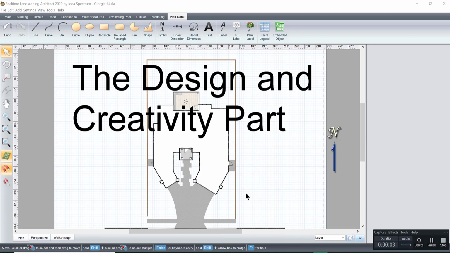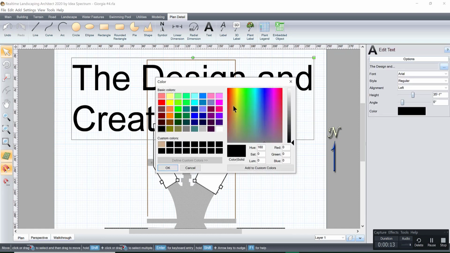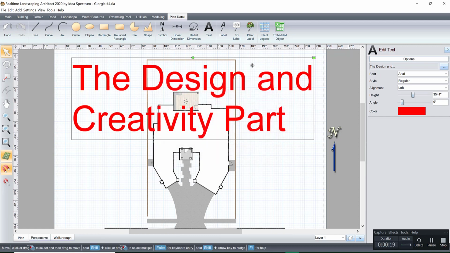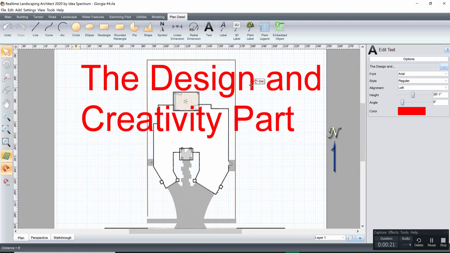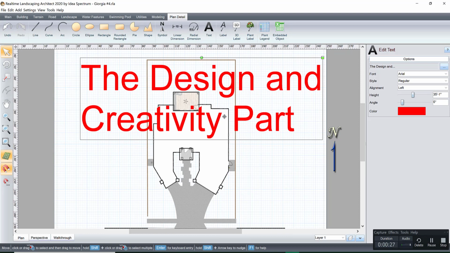Alrighty, so step one would be to model the house. This is the design and creativity part, to show you my process and how we go through all this. So I'm going to switch back and forth between a real camera and a screen capture like this to show you what we're doing. Anyways,